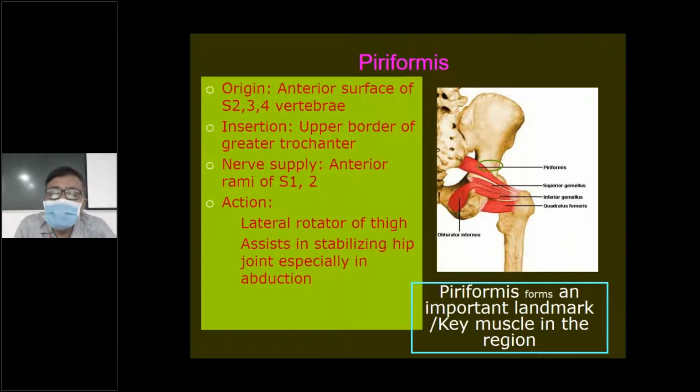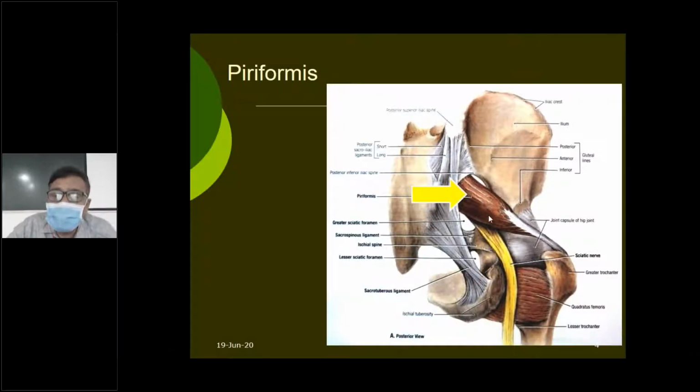Yesterday we learned that the sciatic notches are converted into foramina by the ligaments, sacrotuberous and sacrospinous. Now coming back to piriformis, the muscle arises from the S2, S3, S4 vertebrae on the pelvic aspect of the sacrum, and from there comes out of the pelvis through the greater sciatic foramen. Thus the piriformis greatly fills the greater sciatic foramen. As you can see in the picture, it becomes a narrow tendon.